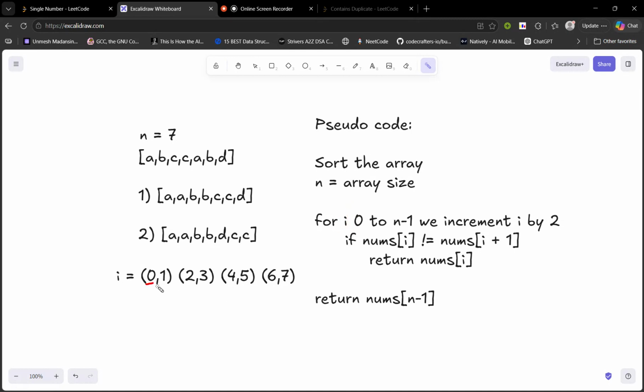Firstly, it takes 0 initially, then it takes 2 because we are incrementing by 2, then it's 4. When it reaches 6, we have said just run it to